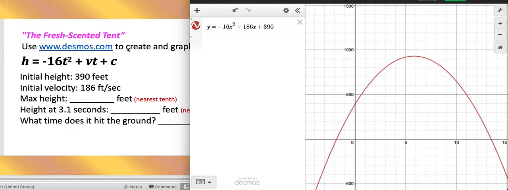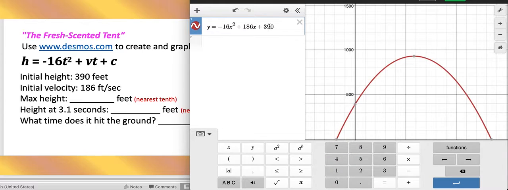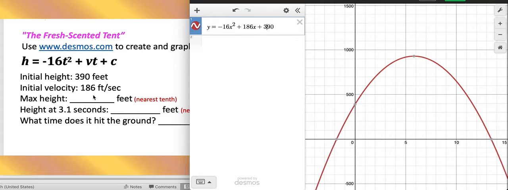All right, so let's take a look here. What do we need to find here? We have the initial velocity, we have the height. I think we're good to go. So we've got to find the max height. If we click on it, it does give us the vertex right there. So boom, there we go. Hey, there's the vertex. The vertex is going to be 930. It says nearest 10, so we say